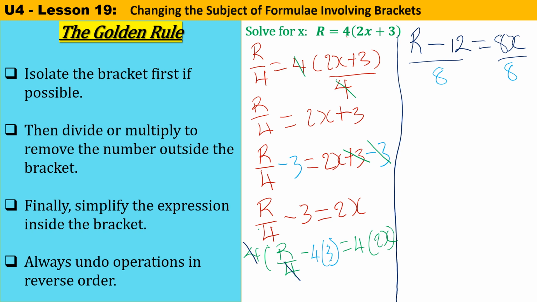So your new equation would be x equal to r minus 12 over 8. I know this one is a little tricky because we end up dividing by 4 here, and then we use that same 4 again to multiply down here. But what you can do is just simply do a replay of it. You can also write the step by steps, or you can get some different numbers and form an equation similar to this one and try and work it on your own until you get that concept in there.